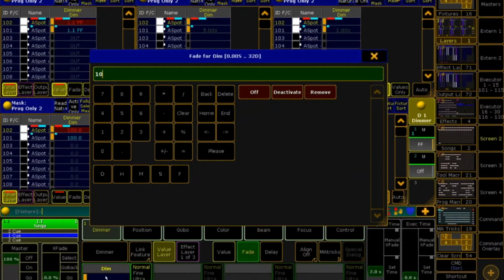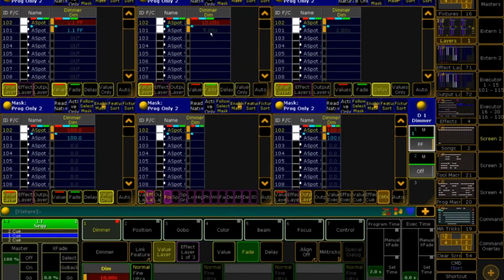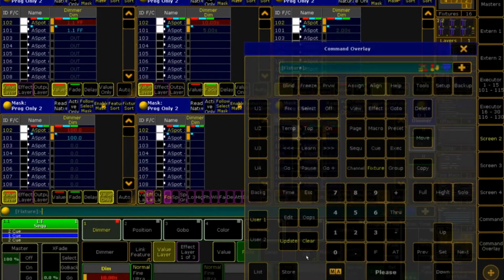I go to fade layer, open the calculator, type in 10. You'll notice it follows the same rules as value. It's active red background. And you get these little markers, active information, it's referencing a preset, and green means that it's got its own fade value. Okay, we'll store that as the next queue,